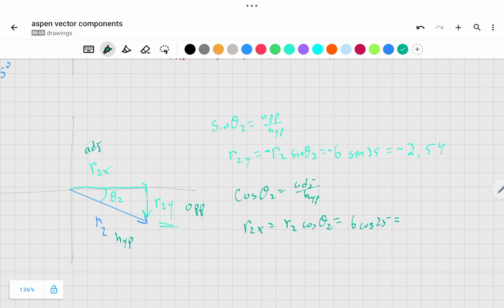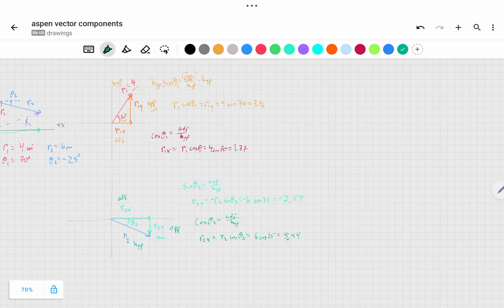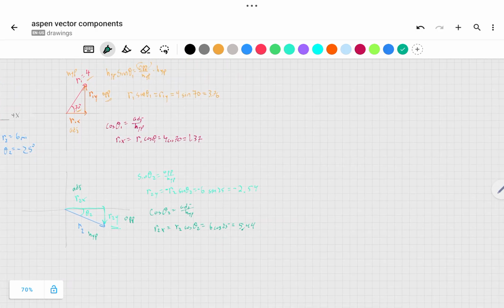And that is 5.44. Okay, so those are our numbers. Now that I've got these, what I'm doing is I'm just going to add up all the x's and I'm going to add up all the y's. So my resultant vector,